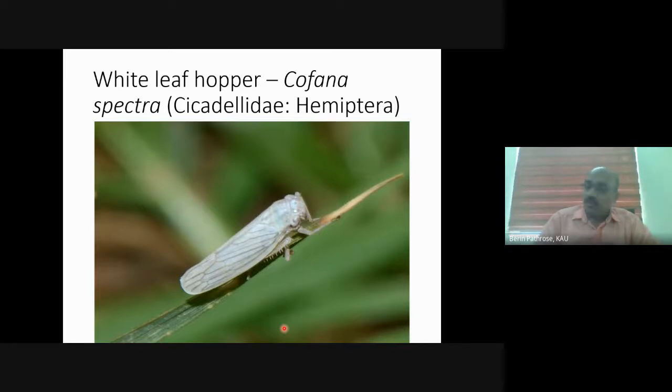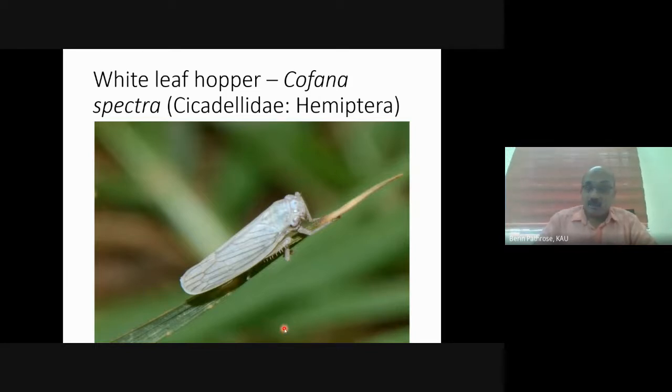Okay. So we have different leaf hoppers and plant hoppers. These are normally seen in a rice ecosystem, but the population is not that much to cause any economic damage. We usually see all these leaf hoppers and plant hoppers. We can see which are all those so that you can easily identify.